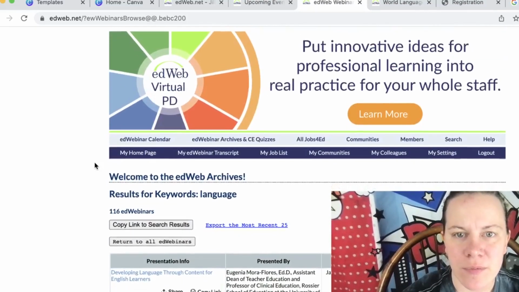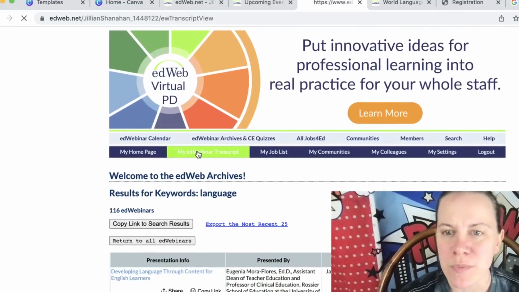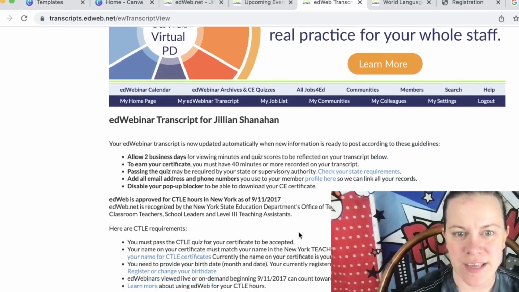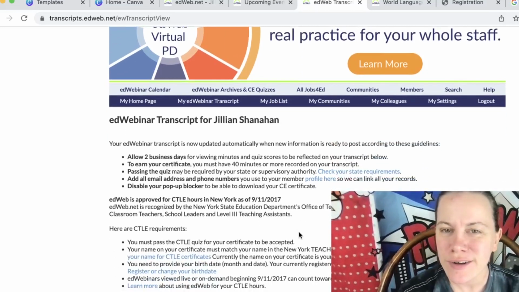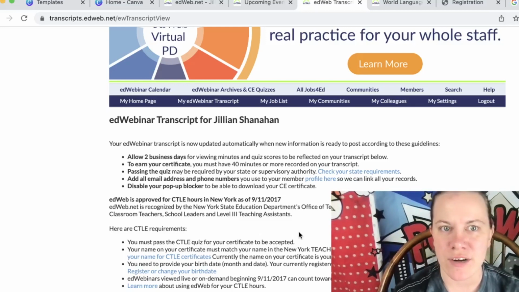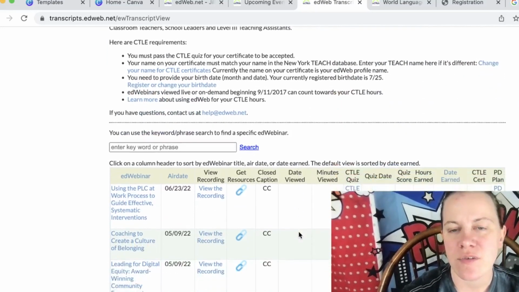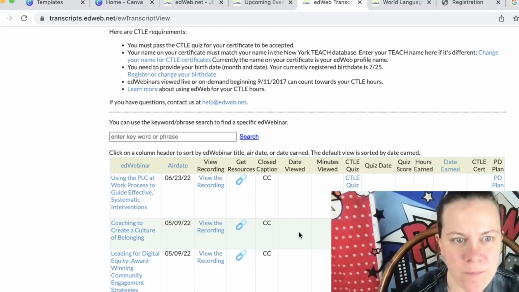And I'm going to go back here really quick. I'm going to show you what these certificates look like. And remember, this is all free. So you can learn, you can become a better teacher, you can become better at your job. And there's so many different things that you can do. I encourage you to go in here, register for it, take whatever ones you want to, whenever you've got a minute, just go through, look and see what you can learn to do better. And then you can always put this on your resume as well.